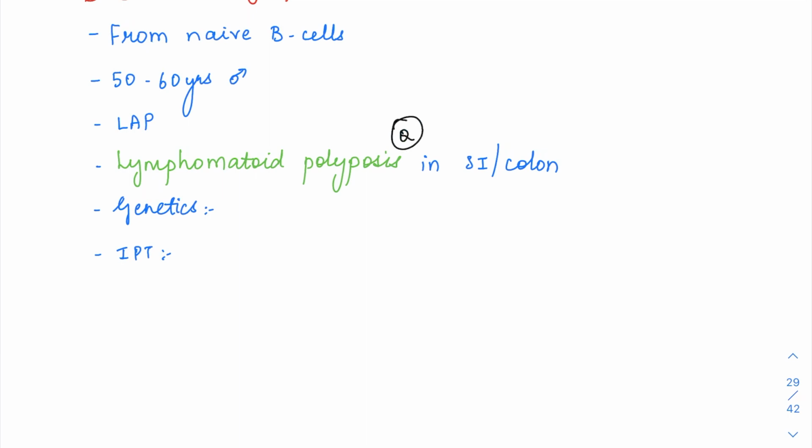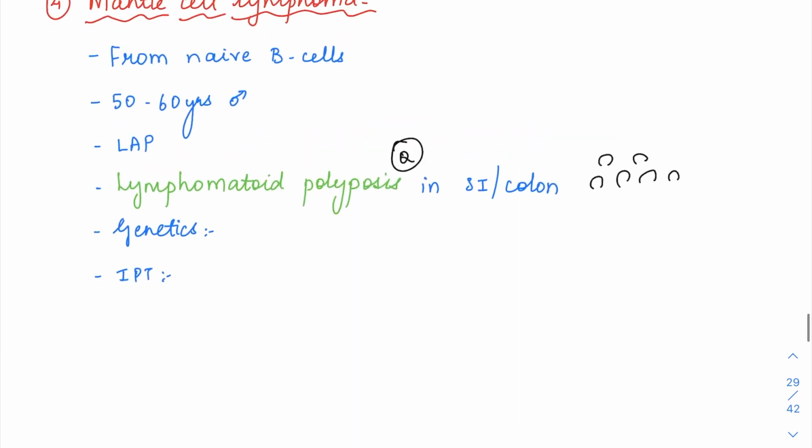If you see the gross examination, it is going to have multiple polyps on the mucosal aspect. It is because of the infiltration of the lymphoma cells into the mucosa, lamina propria. It is going to be filled up with these lymphoma cells, so that is going to give the appearance of a polyp. So this part is called lymphomatoid polyposis, which is going to be seen in this mantle cell